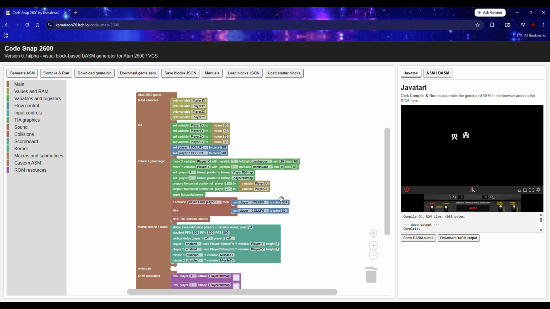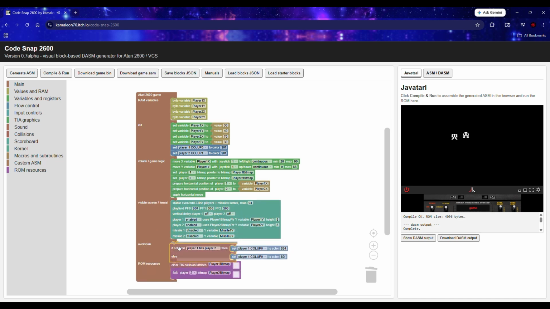Because we are looking at this, I can show you a thing that happened to me while testing this. We can move this collision into the overscan. As I said before, the V-blank and the overscan are both sections used for the logic, for calculation, for preparation for the video. And this is the section that actually shows on the screen. So if I move this here in the overscan, both, and generate assembly, compile,